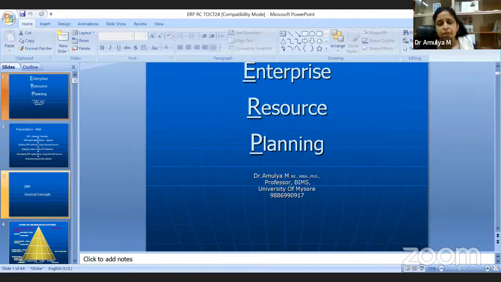So what is ERP, which we are talking about so much? ERP, enterprise resource planning. The name itself says enterprise systems, enterprise resources. Resources are scarce. The resources may be men, material, money, or methods, or processes, or whatever. Everything is scarce, and you have to use it properly.